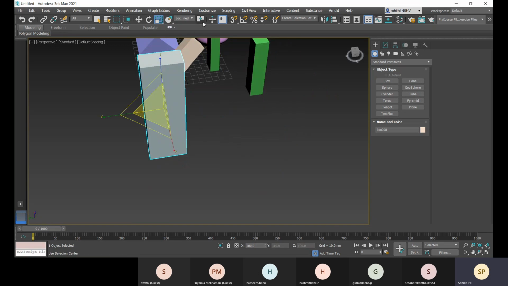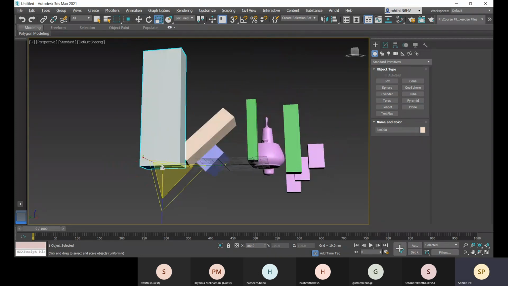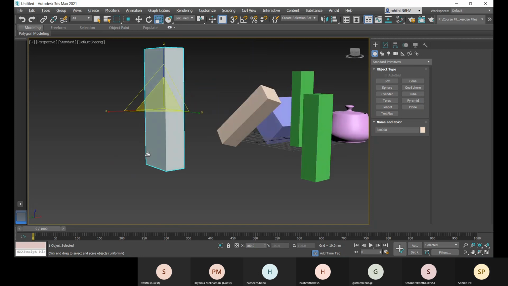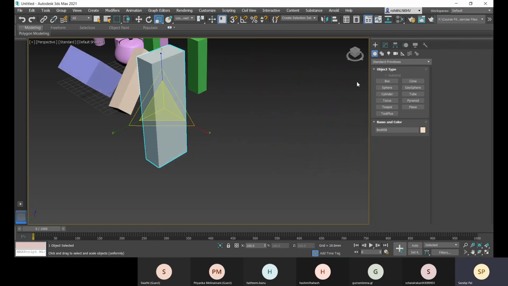All right, and here you have this option to change the pivot position. It is right now pivot point center. Another option is selection center, so it would be at the geometric center.